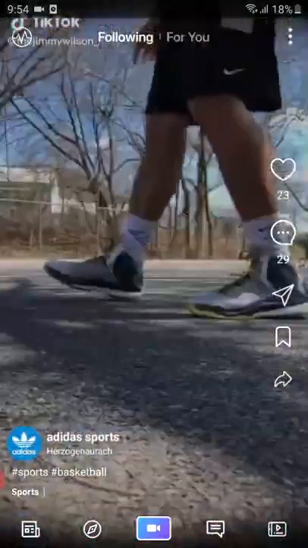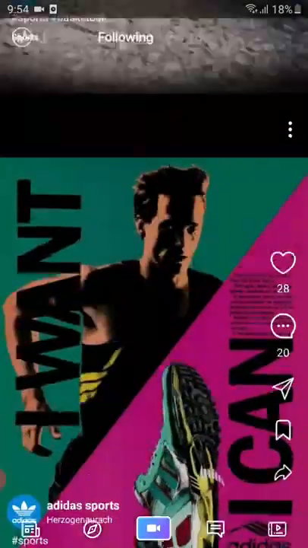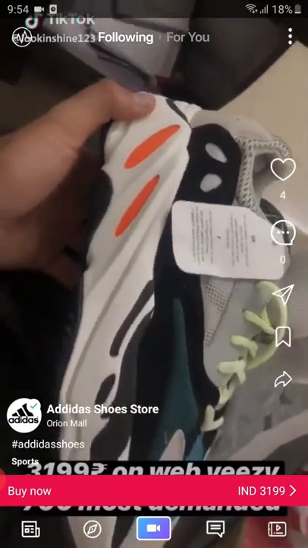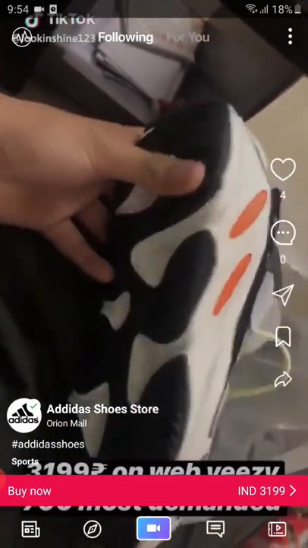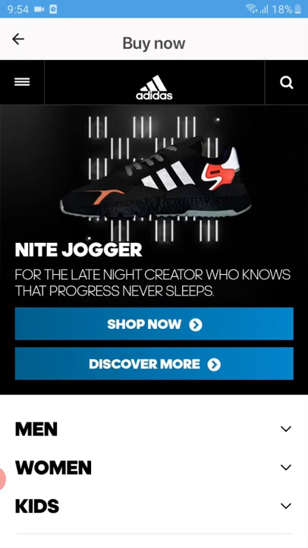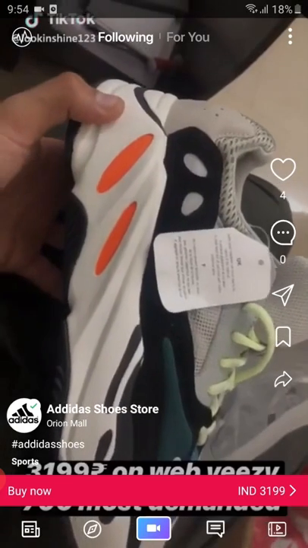On our TikTok version, we also allow people to upload photos. What you see here is a photo. We also have different profiles on the app, like business profiles. What you see here is a business post. The Adidas shoe store is advertising a product, and I can click on that and make a purchase. The business would have tagged the link, and I can go in here and make a purchase.